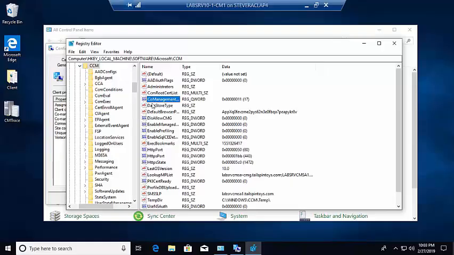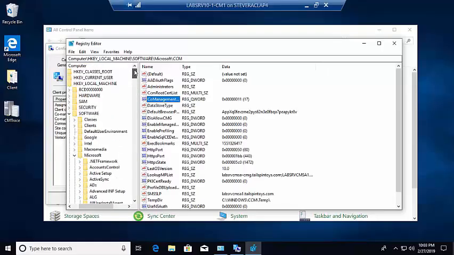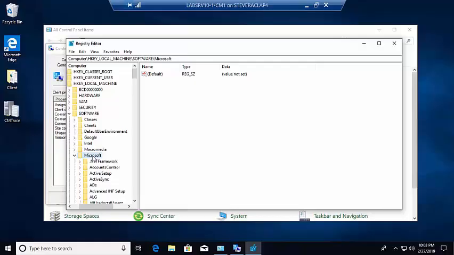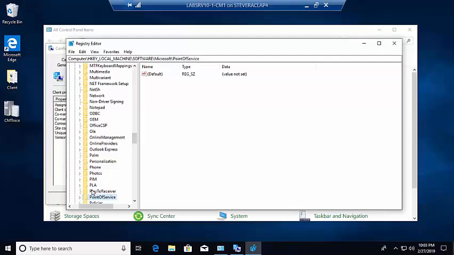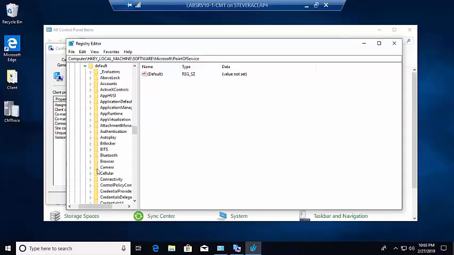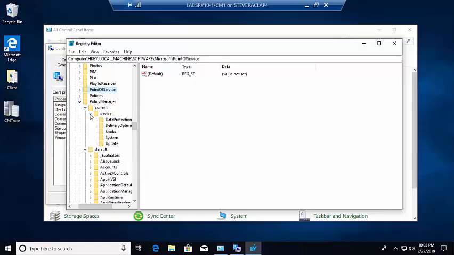If you want to look also while you're in the registry, there's an MDM registry key that will show you any kind of policies that are coming down from Intune. So if we navigate there, let's go back up, local machine software, Microsoft Policy Manager. So let's go to Policy Manager right here. We have the current MDM settings. We also have the default MDM settings. There we go. And so current for the device, any kind of different things there. So just that section is specifically for MDM,